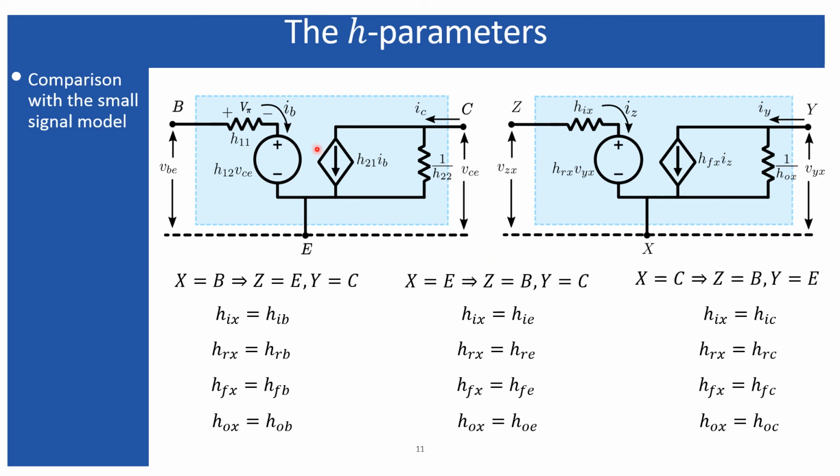So once you have configured the small signal model for a given configuration into the H parameter model, you are done. You can easily apply the small signal model to a different circuit, to a complex circuit. And in my next lecture, we'll see how we can apply the H parameter model in different configurations. Basically, I'll consider the voltage divider configuration because that one is much more versatile.